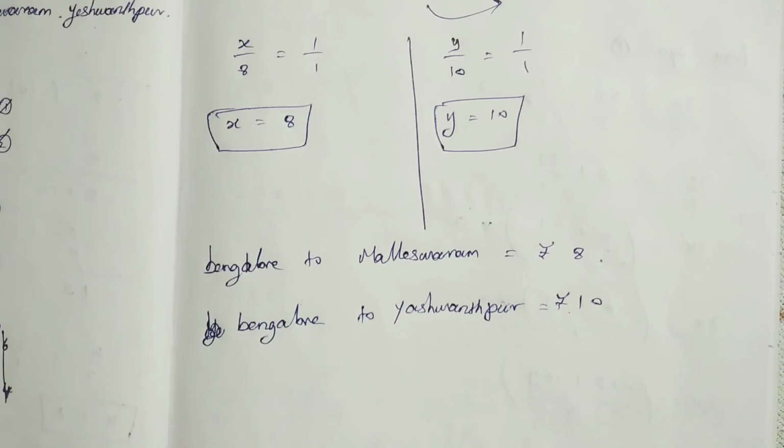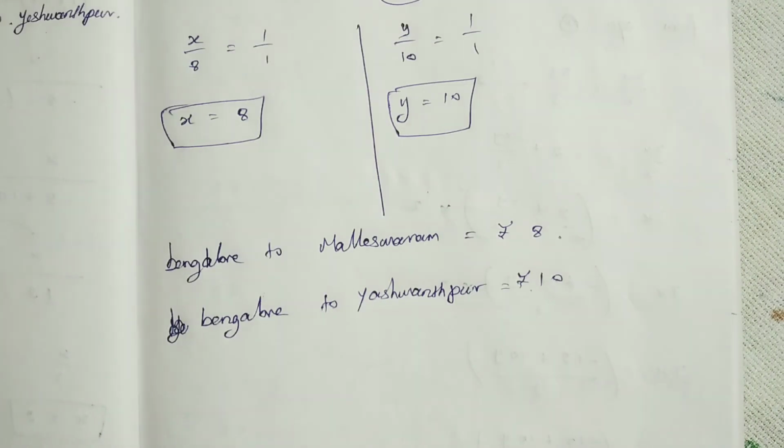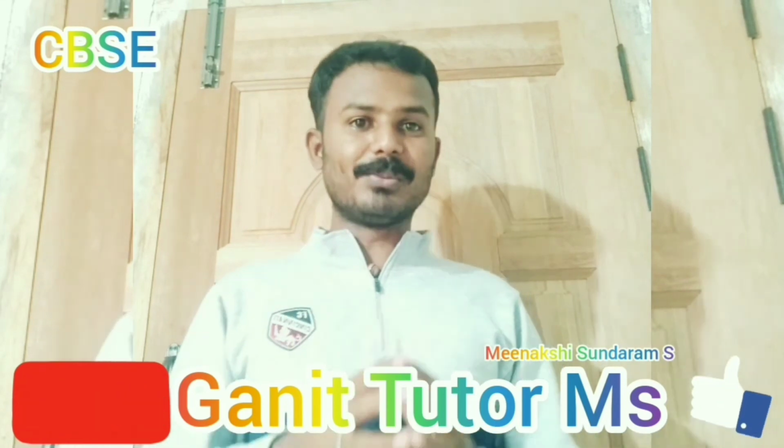If you want to verify your answers, you can do the verification. You can take any one equation. Instead of x and y value, you can substitute 8 and 10. And you can get left hand side equal to right hand side. Your answer is verified, so your answer is correct. Clear? If you want to do the verification, you can do it, but it's not necessary. Clear? I hope in this video you made clear about the problem.